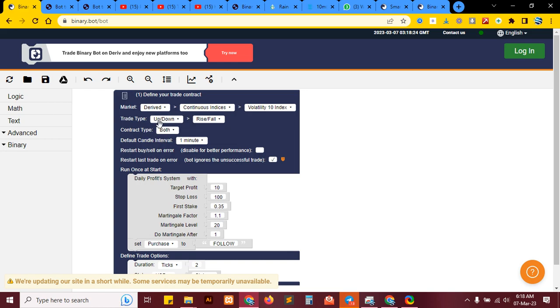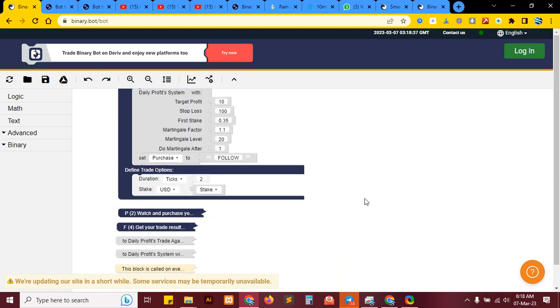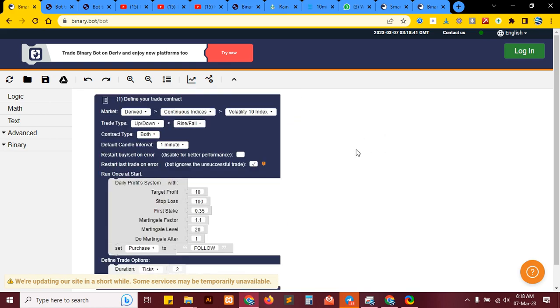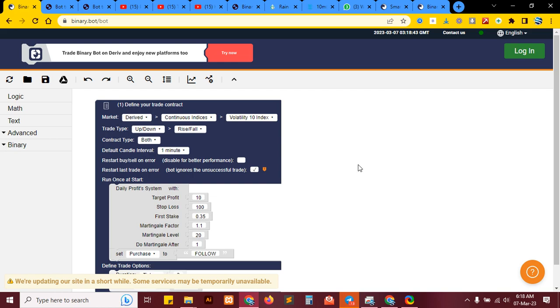So trade type will tell you whether a bot is trading rise and fall. Is it trading both rise and fall, or just rise and fall separately? Yeah, so I think that's enough for you to know on how to load a bot, and how to also make sure that it looks good when you're trading, because